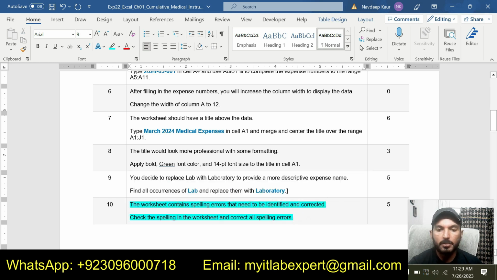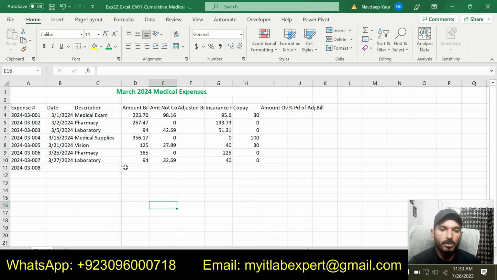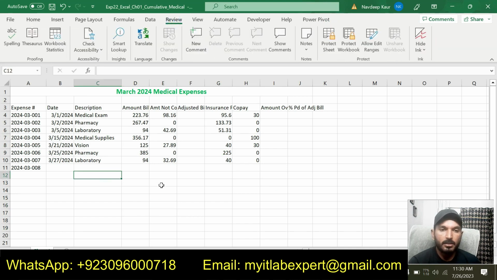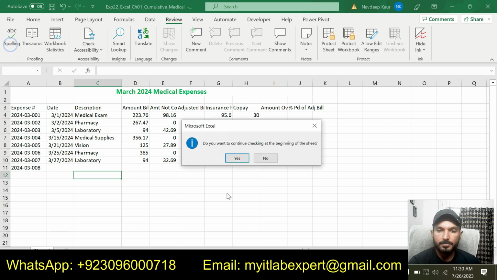So step number 10 is: the worksheet contains spelling errors that need to be identified and corrected. Check the spelling in the worksheet and correct all the spelling errors. So now we are supposed to remove the spelling errors in the worksheet. So let's go to the Excel sheet and go to the review tab and click spelling.